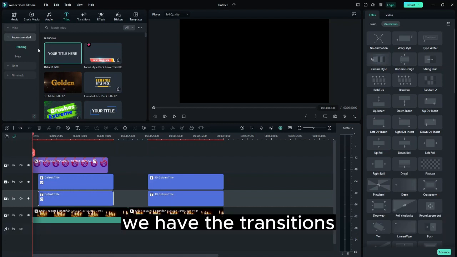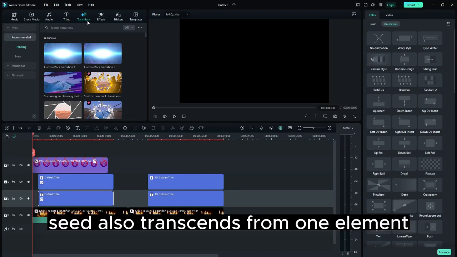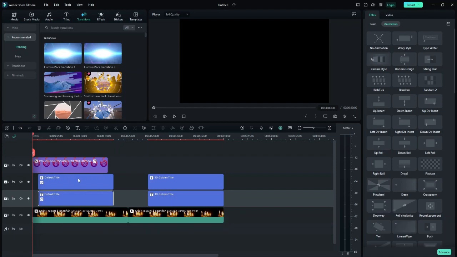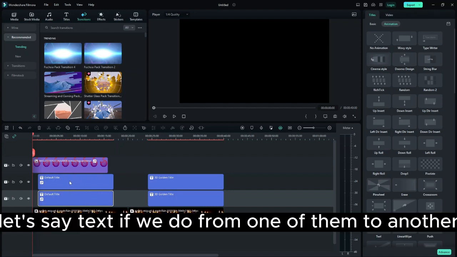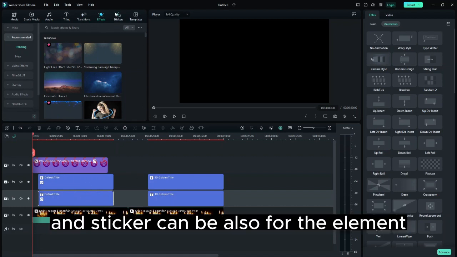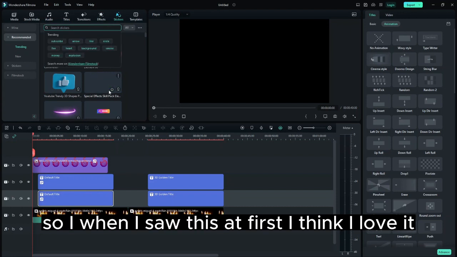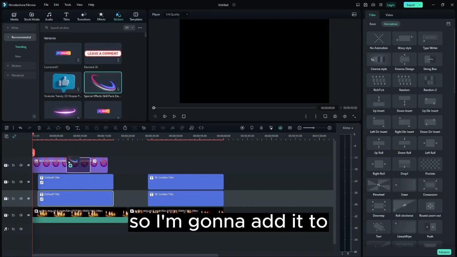We have the transitions, to transit from one element, so now I can call my element, let's say text, a video, from one of them to another, whereby our effect is for one of the elements, and sticker can be also for the element. So when I saw this at first, I think I love it, so I'm gonna add it to